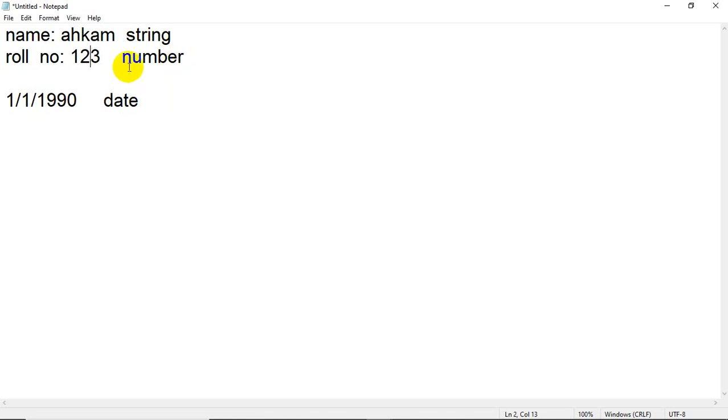So in the same way, suppose you want to perform addition of two numbers, you write 2 plus 2. In that case, the data, or the unit, as you say in mathematics. Can you add 2 plus Ehkam? It is not possible to add two different values, because the unit is different. This value belongs to number and this value belongs to character, so we cannot perform addition. So finally we come to know that everything is called data or information, but the type of data can be different.